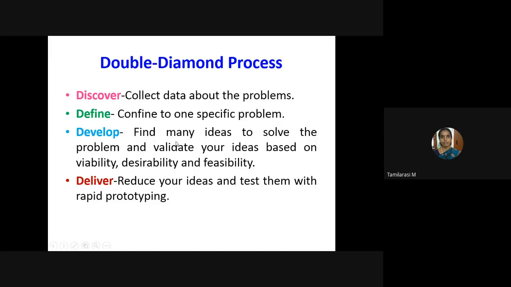The next, once you know that this is the problem that I am going to solve. Okay, for example, if you are taking the agriculture field, in that I am going to develop an automatic sprinkler system. For example, I am saying, it is already available. Based on the soil moisture, I want to sprinkle the water. So if that is the specific problem that I want to find a solution for, that is the define part. Then develop means you have to develop that product, that is the automatic sprinkler system.